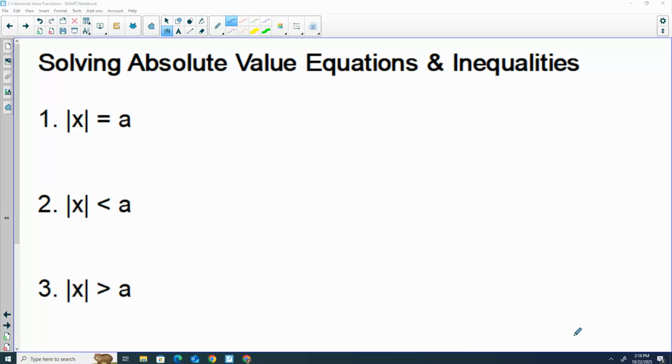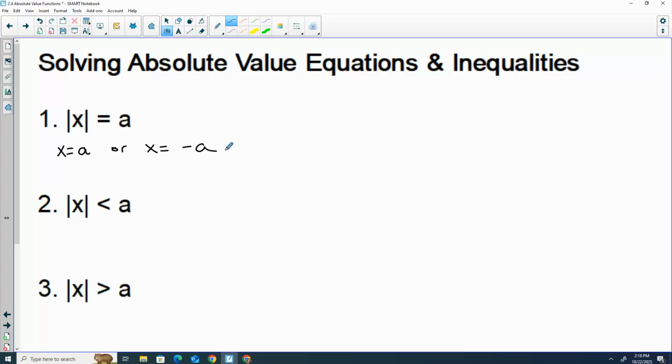in our three types of problems. So all we're doing today is solving equations and inequalities, but the solution looks different depending on which one you are given. So the first one, we wrote down these rules yesterday. We said if the absolute value of x equals a, then x could be a or the